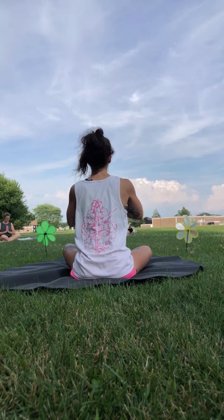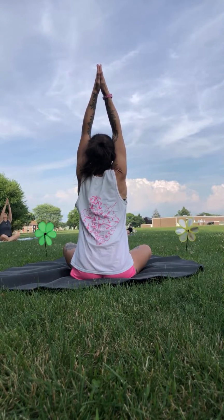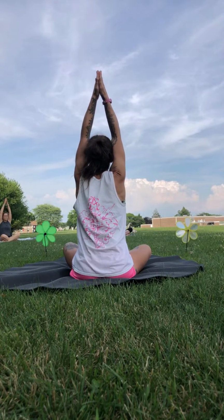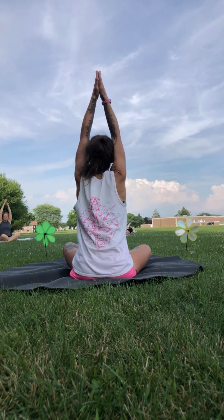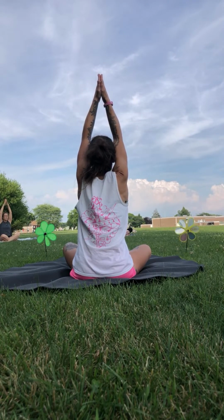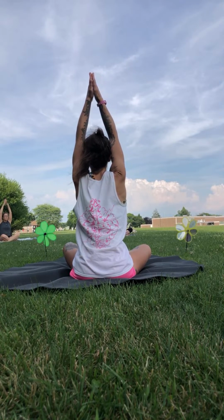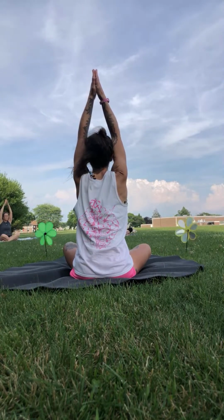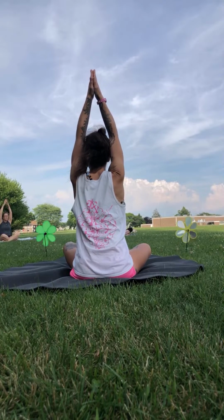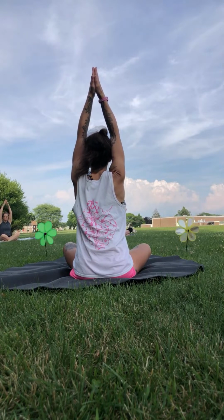Look at your thumbs. Follow them up to the sky. Lift up a little higher. Pause with your arms by your ears. If your rib cage went forward, pull it back in. Sitting up tall, looking up, breathing in, breathing out. 3, 2 more breaths. Relax your shoulders, reach your fingers up, expand your sides up, relax your knees down, lean over